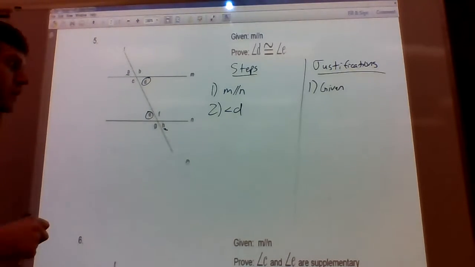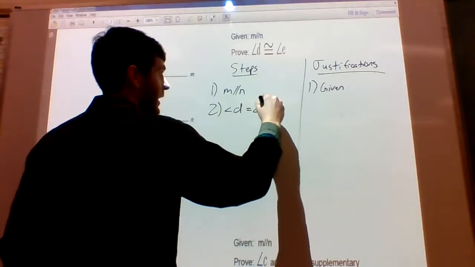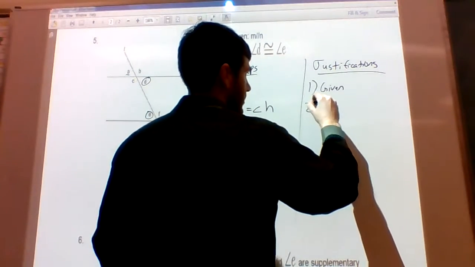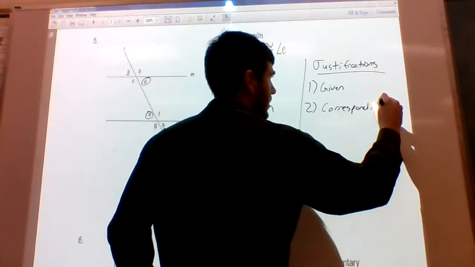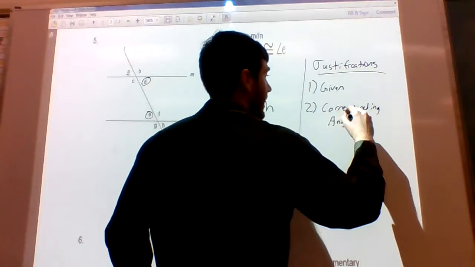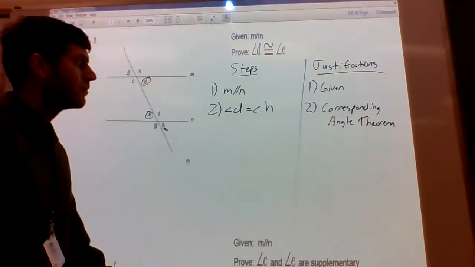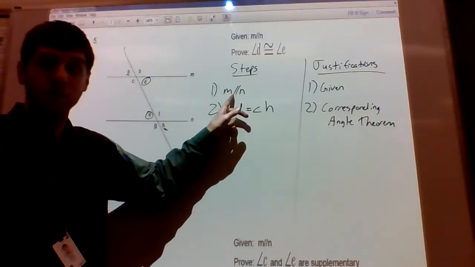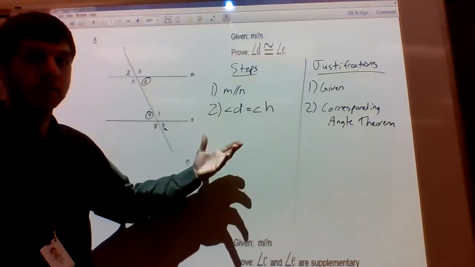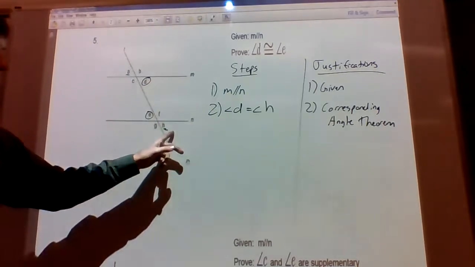We know they're going to be congruent because corresponding angles are congruent by the corresponding angle theorem, which says if the lines are parallel, which they are, then the corresponding angles, which is D and H, are going to